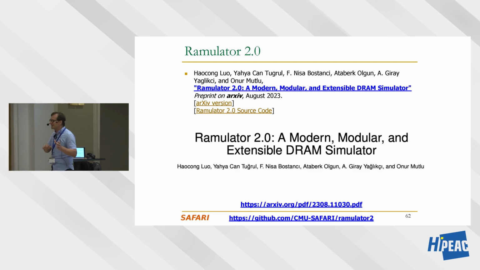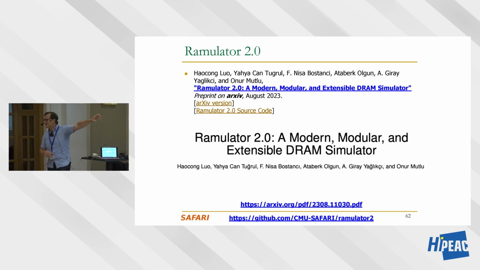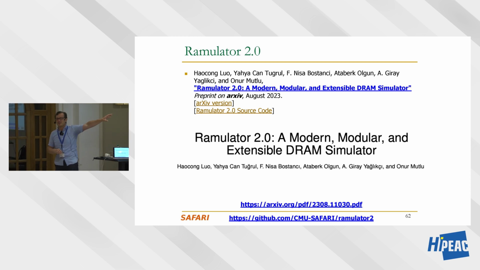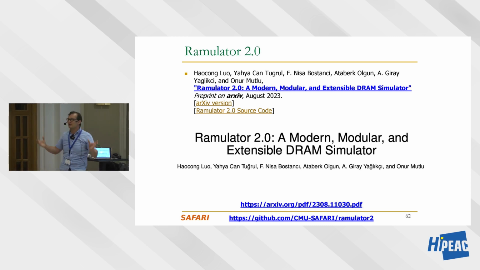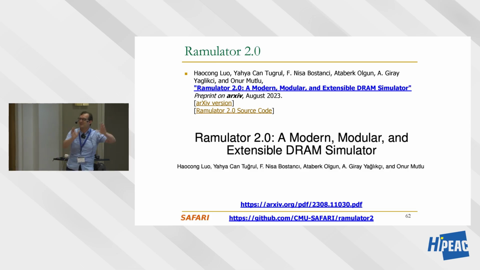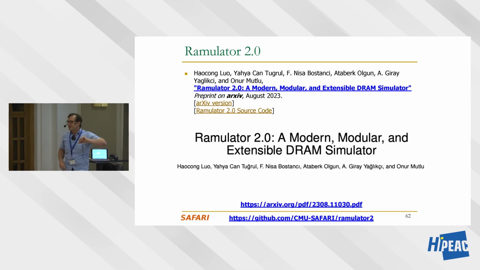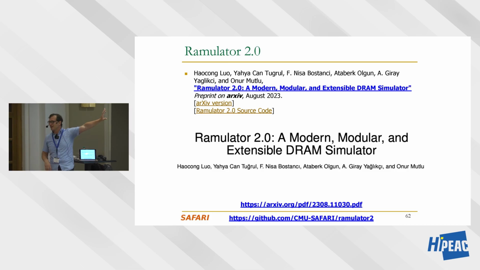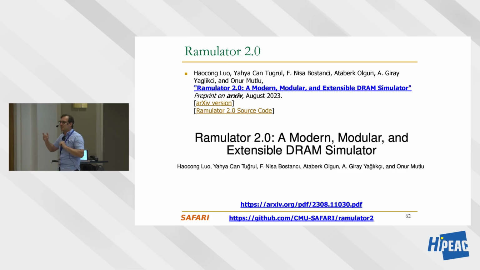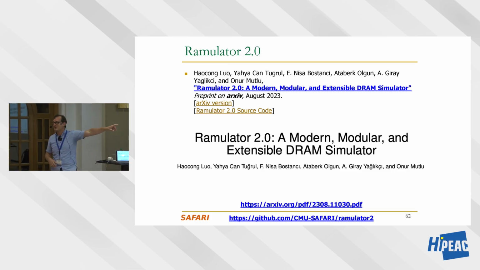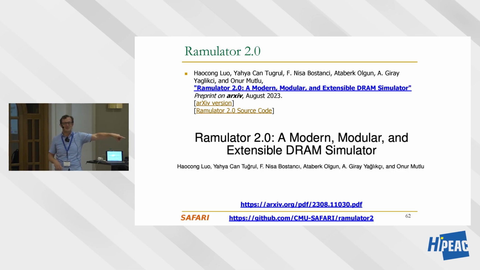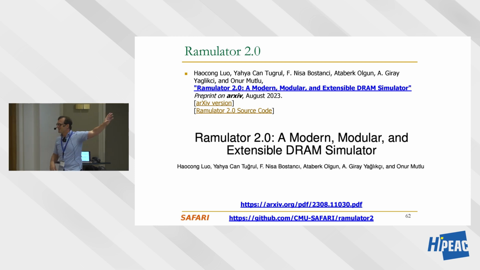Now, I wouldn't recommend using Ramulator. I'd recommend using Ramulator 2.0 because this is a huge advance over Ramulator in the sense that we completely redesigned the software. There are a lot of software issues with Ramulator, even though it was the best at the time. Now it's much better and much easier to use Ramulator 2.0. So I'd recommend that if you're interested in memory systems research, take a look at it. And in fact, I should make an anecdote over here. The first author of this paper, who is my PhD student now, took this course in 2018, when he was a bachelor student. So he got very interested in memory systems technology, and he came up with Ramulator 2.0, I should say.